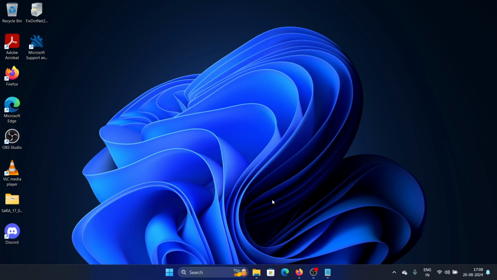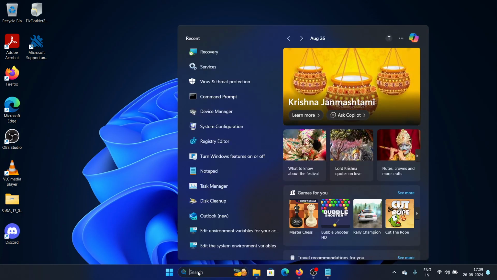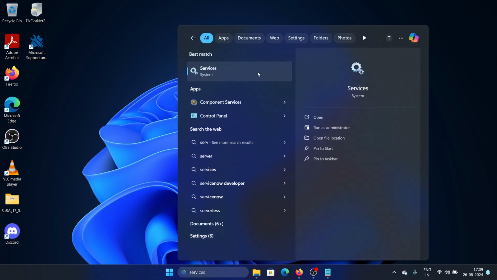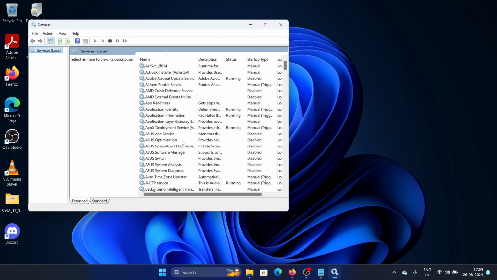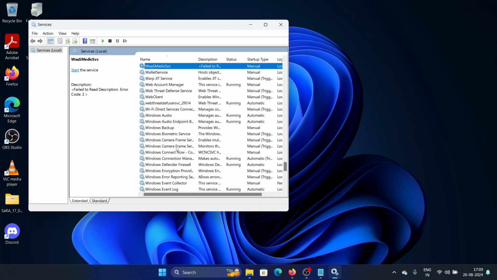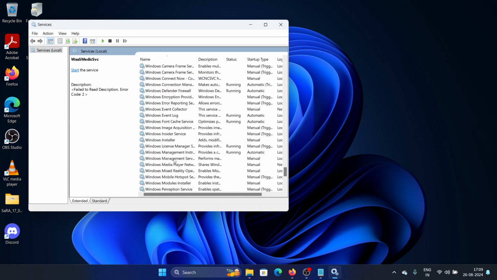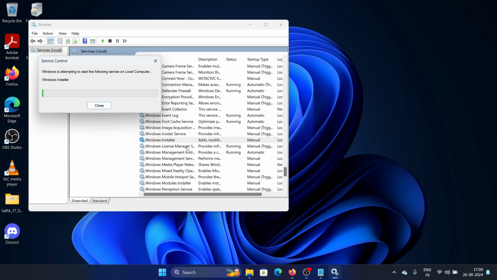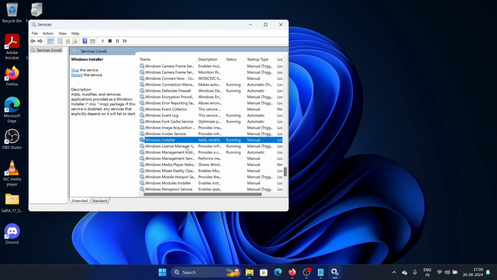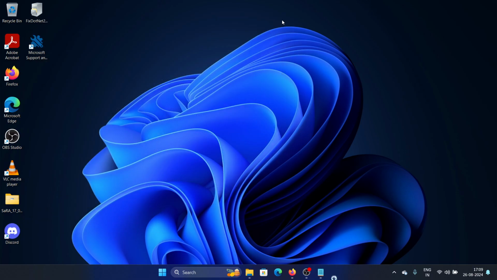If you wish to fix error 1719, Windows installer service could not be accessed, then let's look at the options or solutions. The first solution would be to restart or start the Windows installer service. So for that we need to go to services, click on services and look for the Windows installer service. Here it is. Right click on it and click on start, or if it's already started then restart, and this should solve the